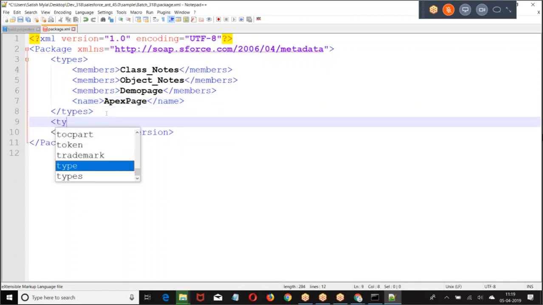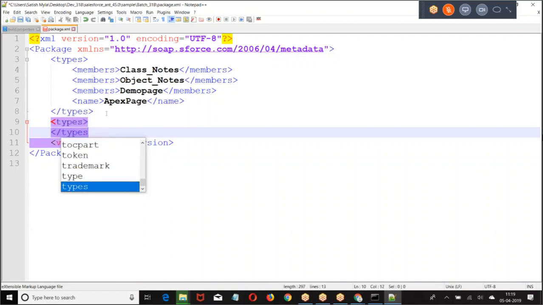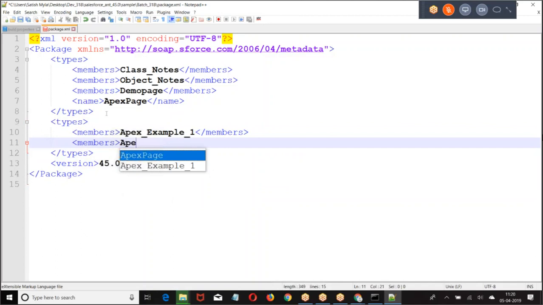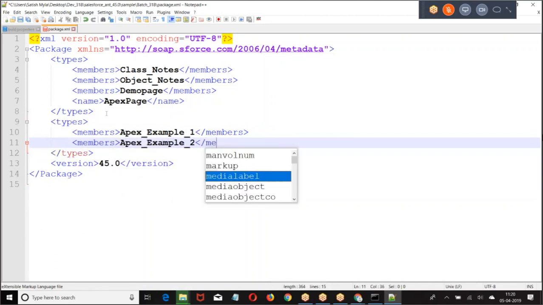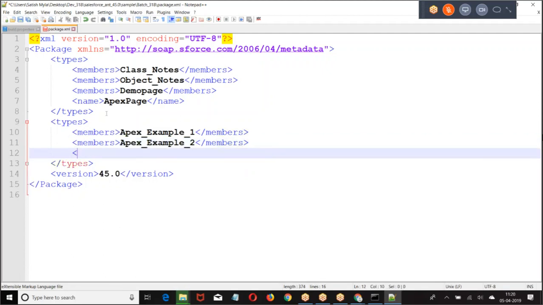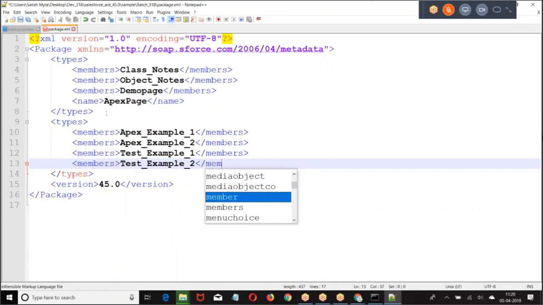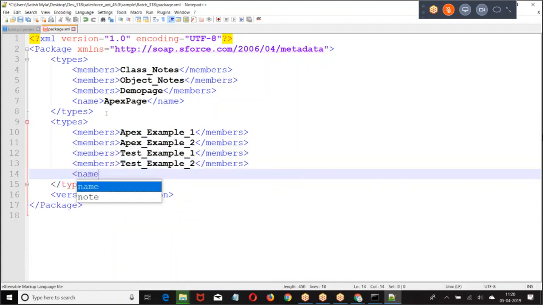Then we have members. Members. Then we have name.